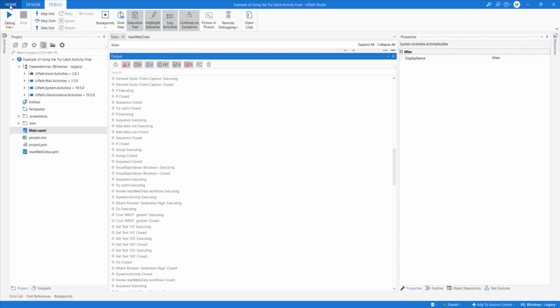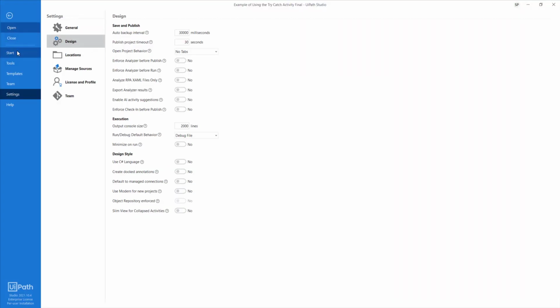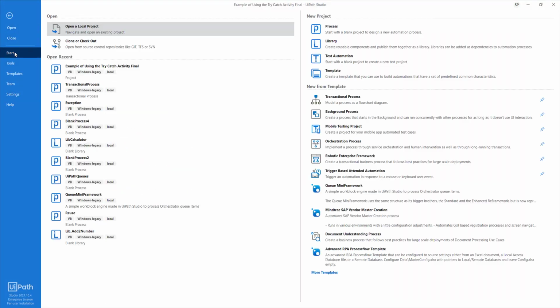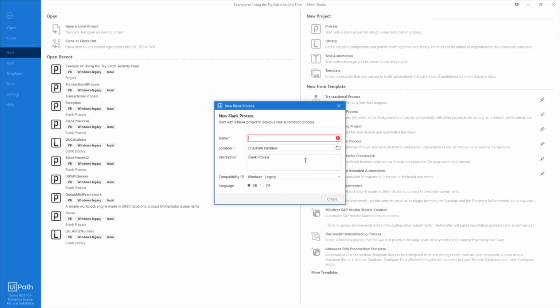For that, I'll go to the start and create a new process, let's say state machine.